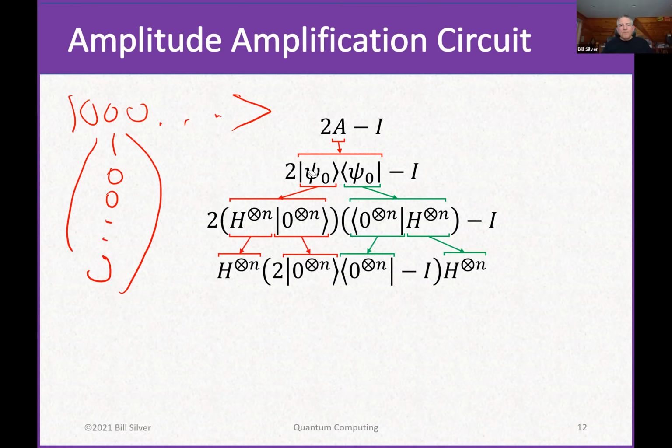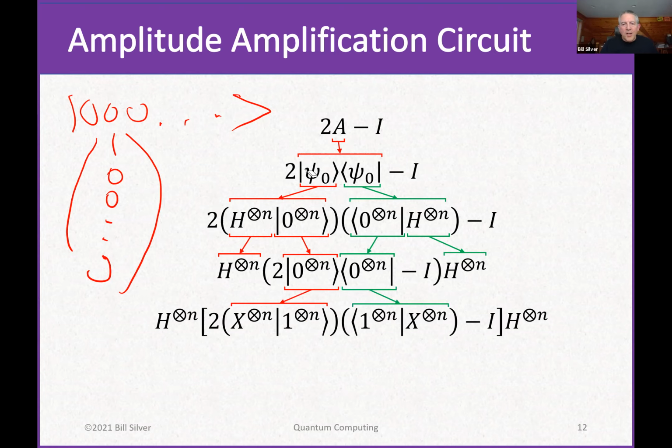And the next step is I'm going to do a little bit of rearranging, which I can do because all of these are matrix multiplies that are associative, and the identity matrix behaves in a certain way that I can take advantage of. The net result being that I can move things around. I can move that 2 inside my parentheses. I can move those Hadamard gates outside. Again, all I'm doing is rearranging things using the property that everything here is associative. And if I go one more step,